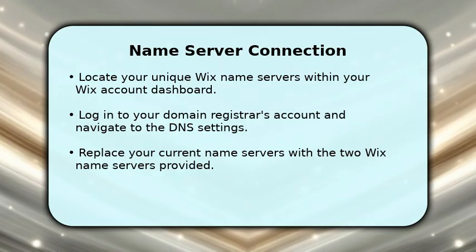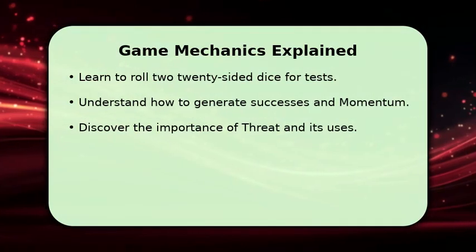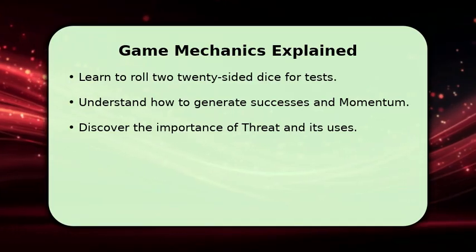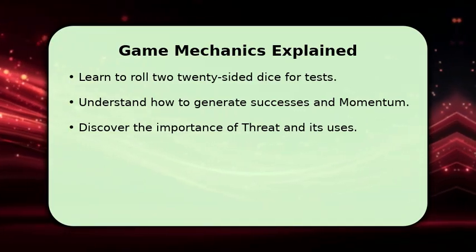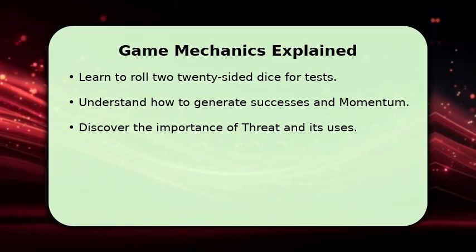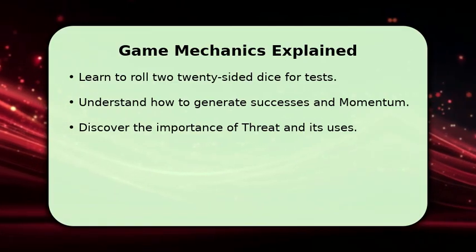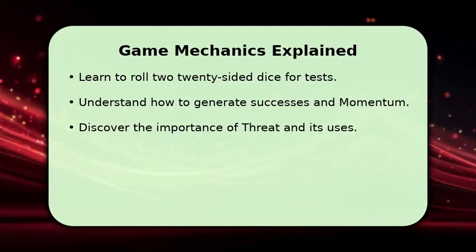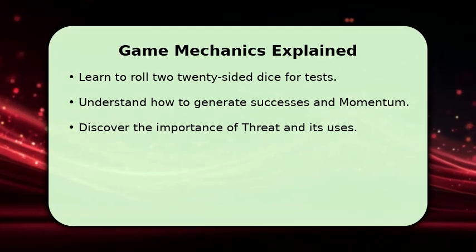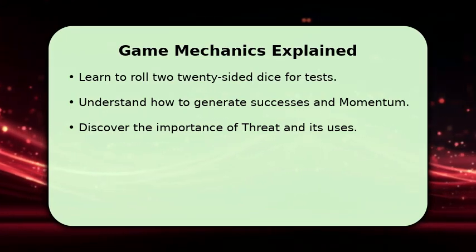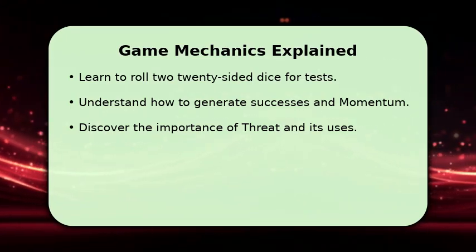The core of Dune Adventures uses the 2D20 system. When attempting an action, you roll two 20-sided dice, aiming to roll equal to or under your skill's target number. Each success generates momentum, which can be spent to gain advantages or activate special abilities. Conversely, the Game Master can spend threat to introduce complications or activate enemy abilities, creating dynamic and challenging scenarios for